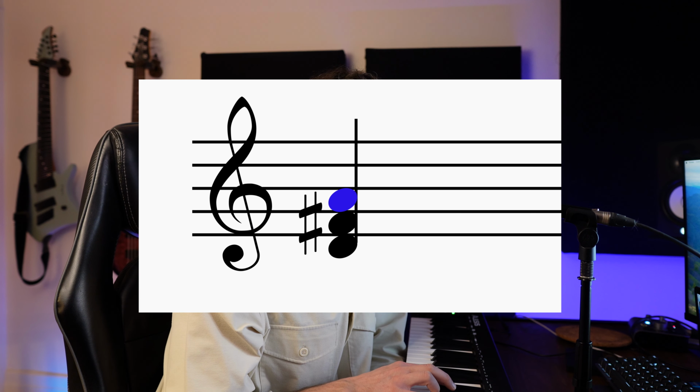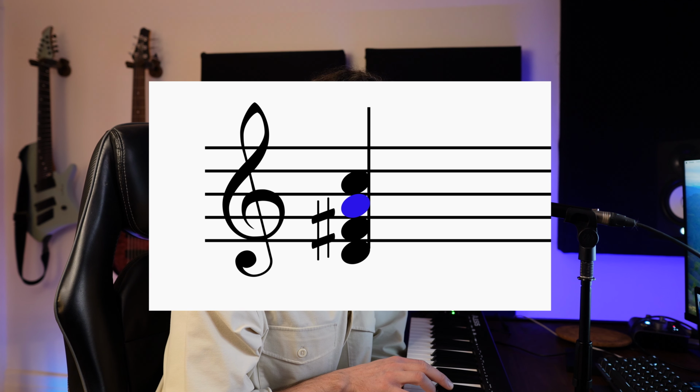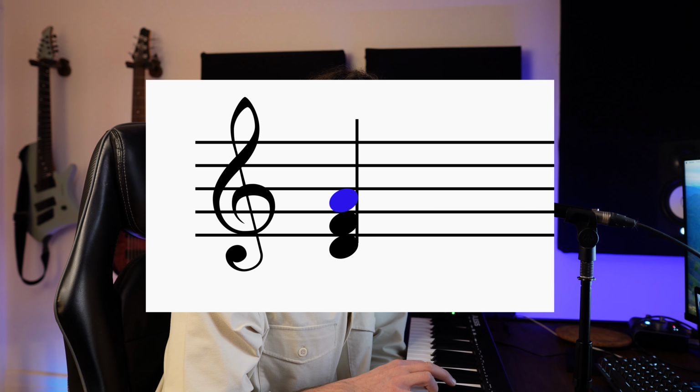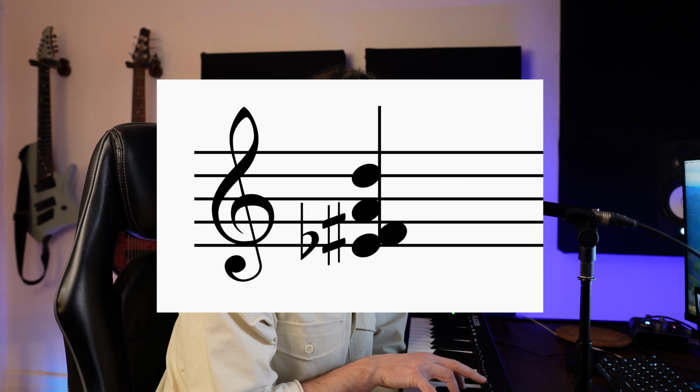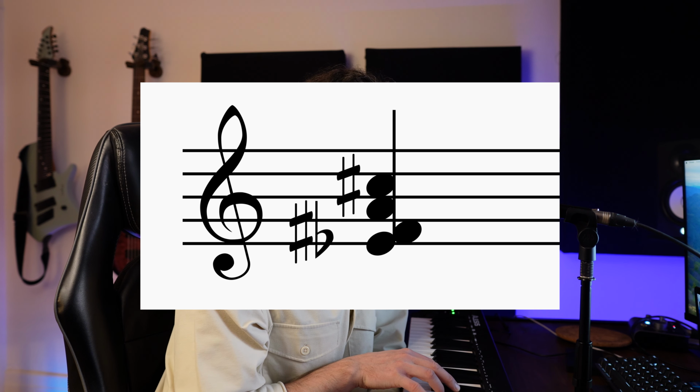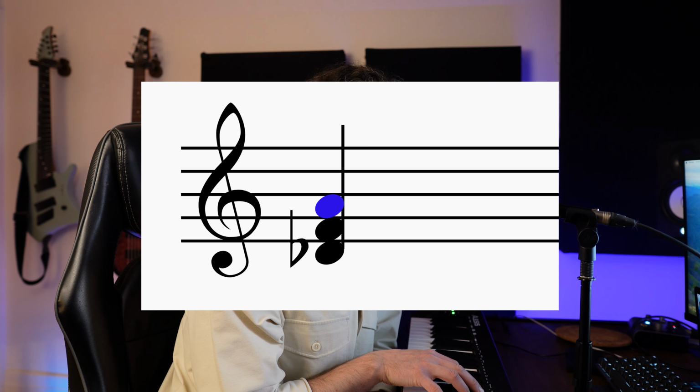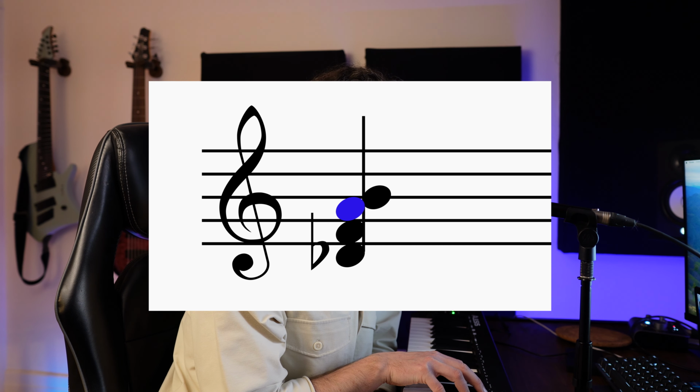Now we have the same with having the A at the 5th of the chord. So we have D major with the major 7, minor 7, D minor with the major 7, minor 7. We have B flat diminished with the major 7, minor 7. And finally, we have C sharp augmented, major 7, and minor 7. Again, 8 possibilities. And now we do have these other options where the A is at the 7th of the